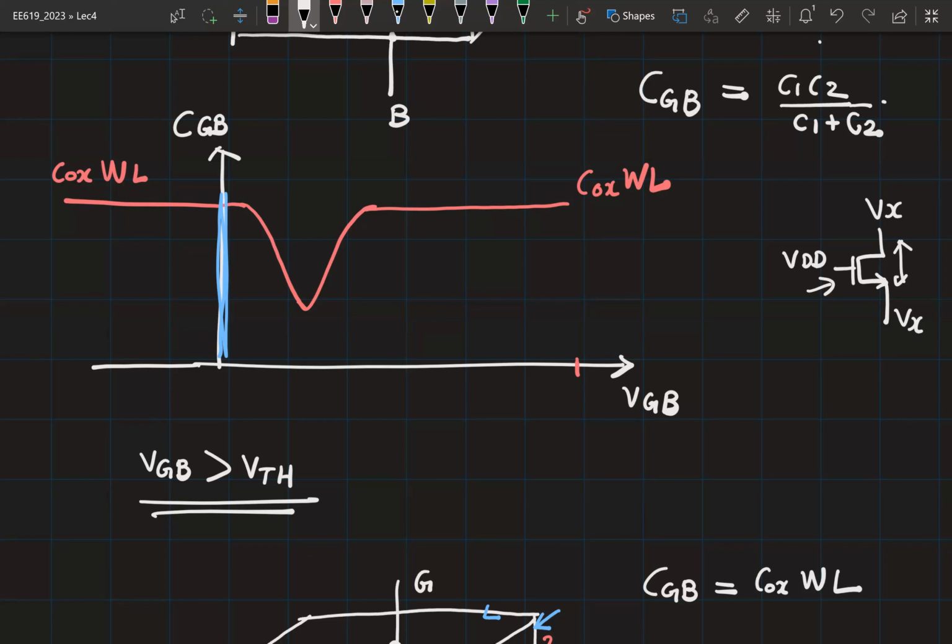Please refer to your notes from the last class. How does the channel look in the linear region? Is the channel there? The channel is completely established, right? So you will be operating